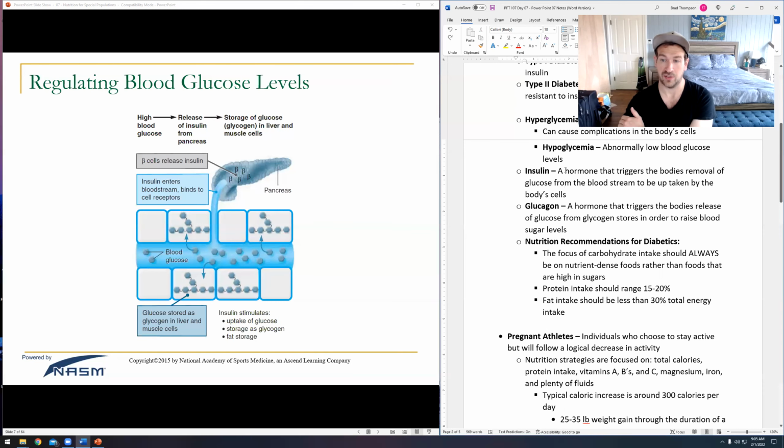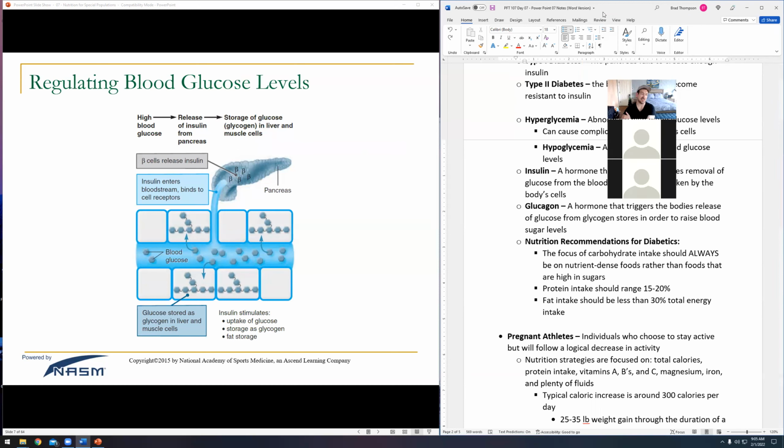Hypoglycemia is where the blood sugar levels are a little bit too low. And so if you take synthetic insulin and it drives all the sugar out of your blood, your blood sugar levels drop to a really low level, which is where you're going to start getting hunger cravings. You're probably going to be pretty cranky at that point, and you're going to take in a lot of food. This is one of the reasons why diabetics often continue to struggle with their diets and eating properly, because their blood sugar levels are going up and down and up and down. And it becomes really difficult to control their blood sugar levels.